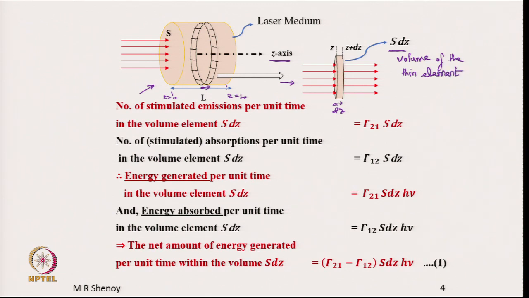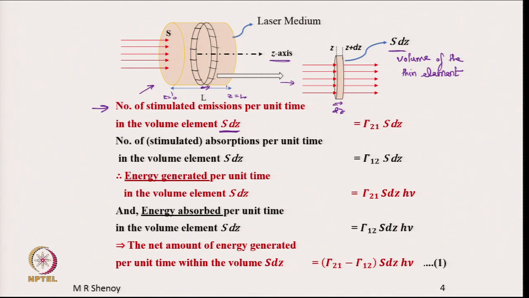The volume is S dz. Now, the number of stimulated emissions per unit time in the volume element S dz is given by gamma 21 into S dz, because by definition gamma 21 is the rate of stimulated emissions, the number of stimulated emissions per unit time per unit volume. Therefore, in the volume element S dz, the number of stimulated emissions per unit time is gamma 21 into S dz. In the same element, the number of stimulated absorptions per unit time in the volume element S